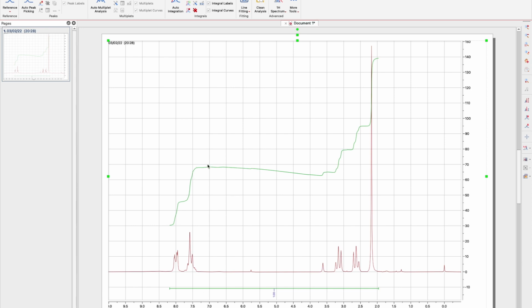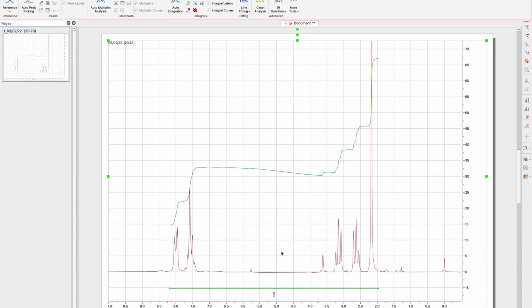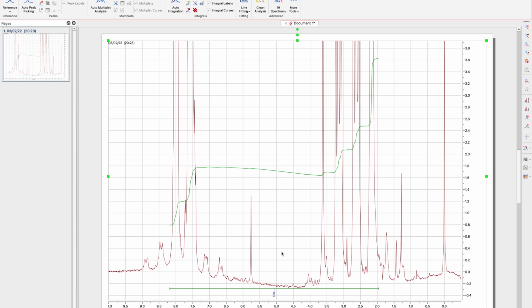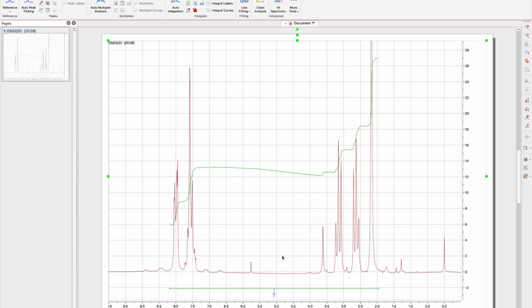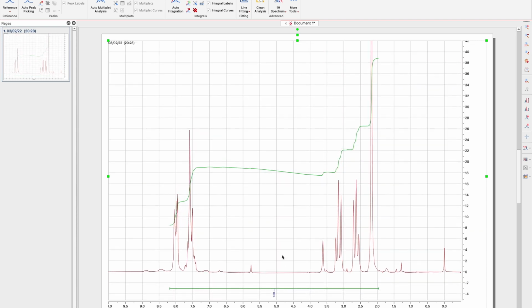This curvature on the integration is probably because the baseline down here is sort of rolling, and you can see that if I change the intensity. So the best way to do the integration is actually integration by parts. To integrate by parts, I'm going to always point my mouse cursor at the flattest part of the baseline. That way I'm capturing the area for the signal that I'm integrating completely. And so I'll just click here, type I,